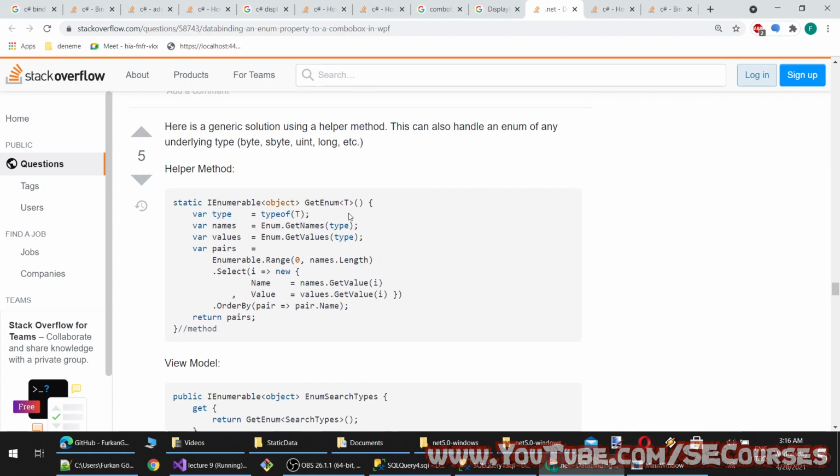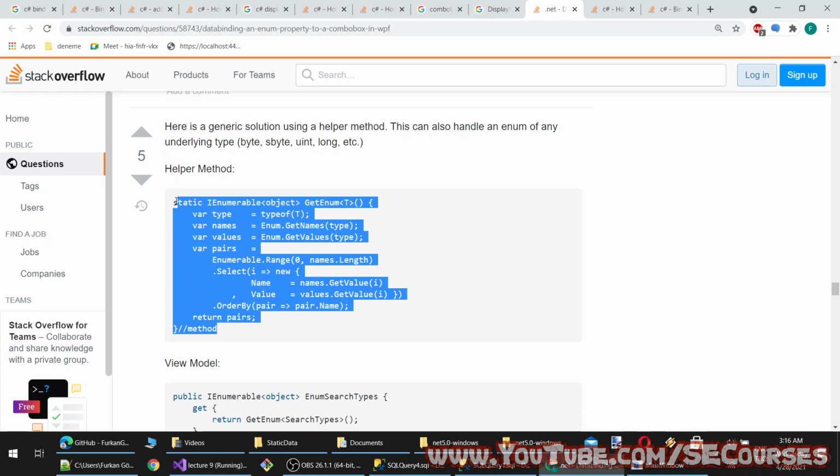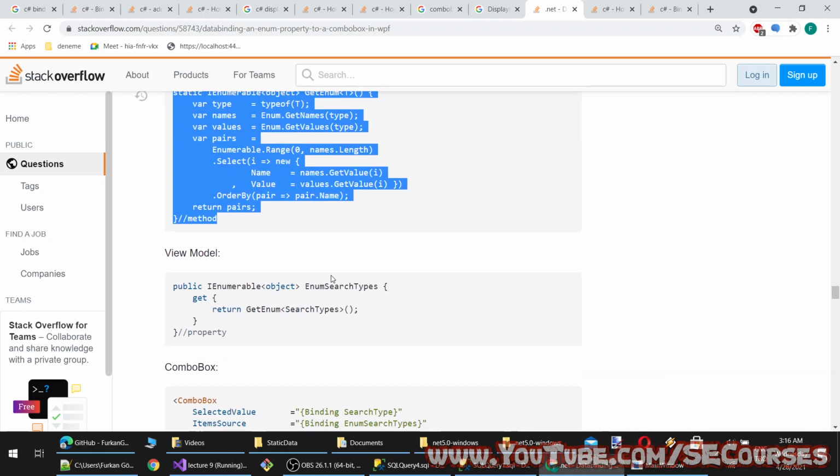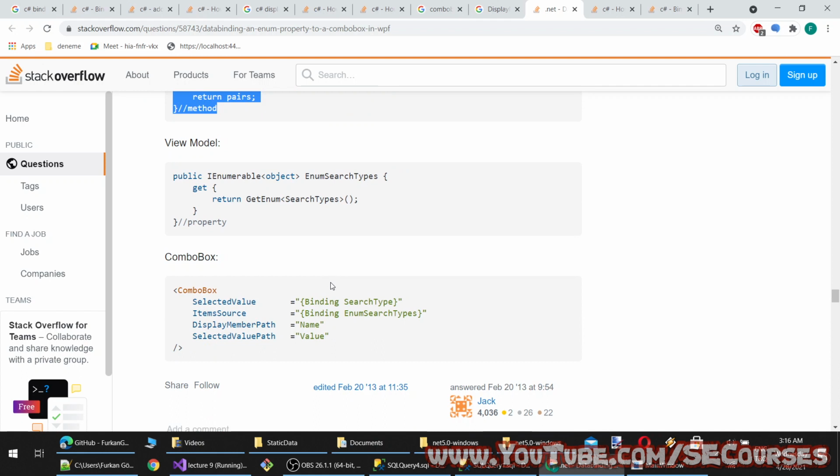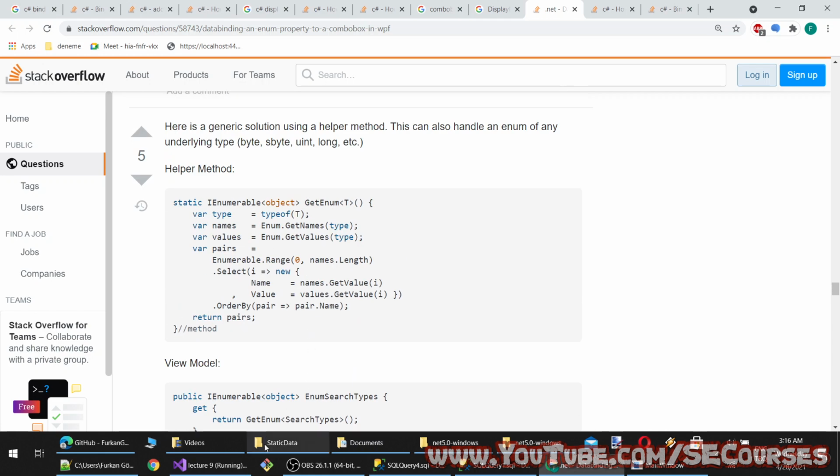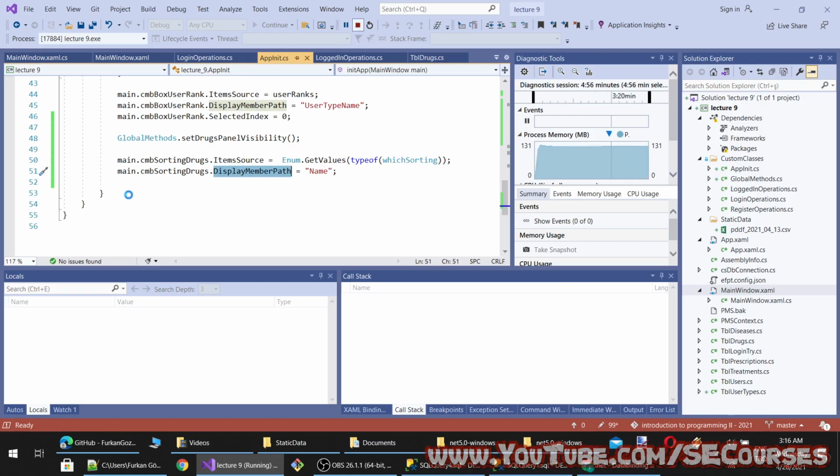This looks better, I think. There is view model and selected value search type, item source and search types. Yeah, this one. Okay, let's try implementing this.